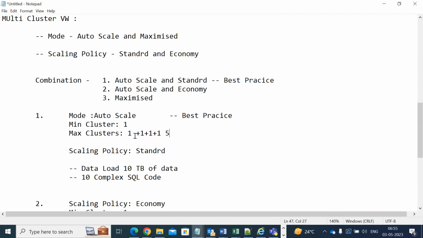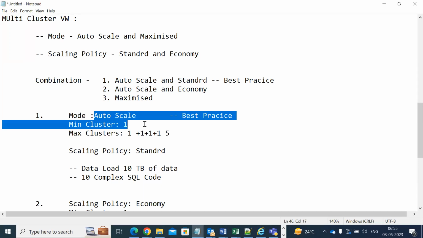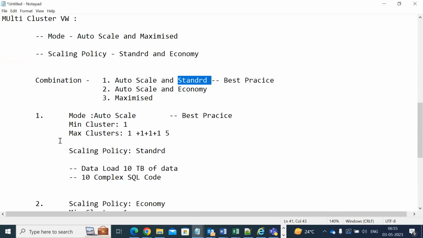The minimum number of clusters and the maximum number of clusters while creating the multi-cluster warehouse. Then here, what is the meaning of this auto scale and this standard option? Here this is the auto scale, and we have provided the scaling policy as standard. If you select this option, what it will do, even though concurrent users are connecting to your Snowflake,